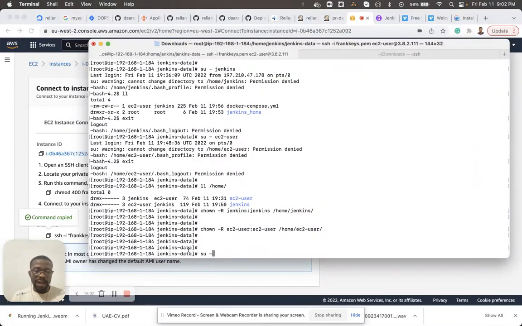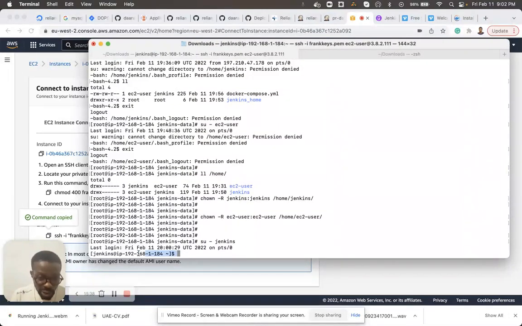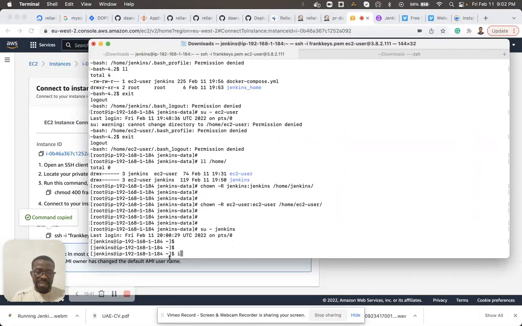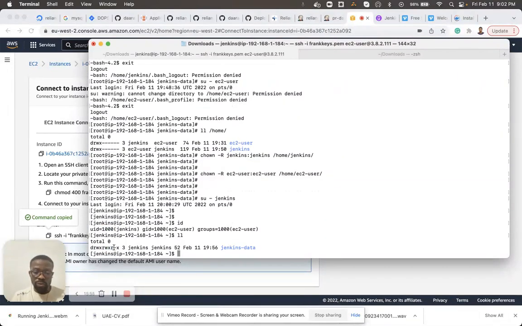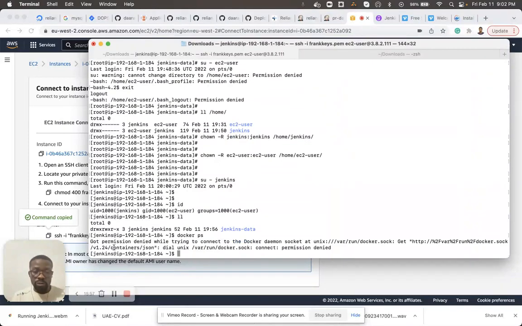Great. So now if I switch user to Jenkins, you will see that Jenkins now has its home. Then if I type id, I want to check the UID of the Jenkins user. The Jenkins user is now returning 1000. Okay? 1000. Great. Now I think this should resolve our issue, but now we may need to restart the